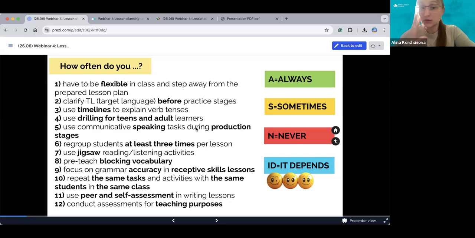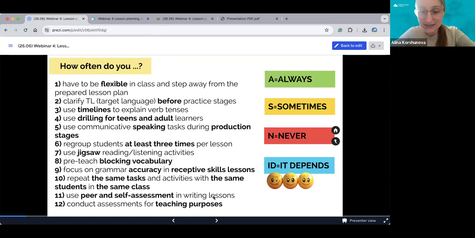If you don't even have a planned test, but you decide, I need to test my students. It depends, okay? Sometimes. So at least sometimes we do that, yeah? I see your answers. So today we will discuss assessment. We will talk about informal assessment and how it can help us